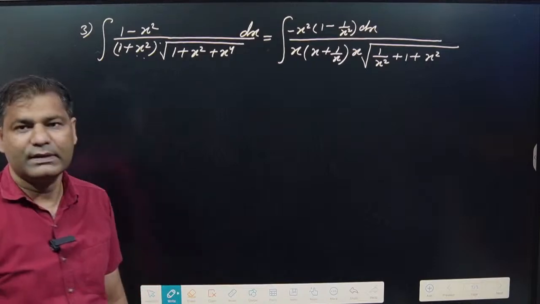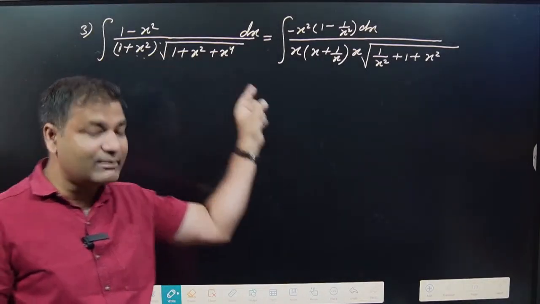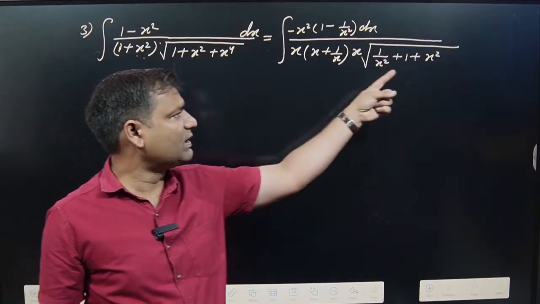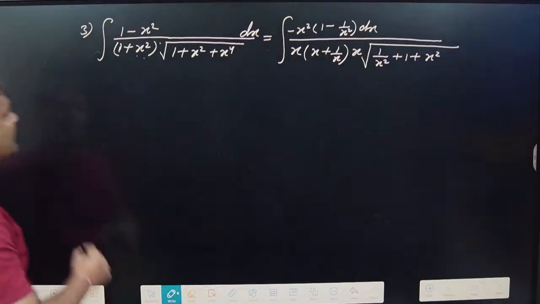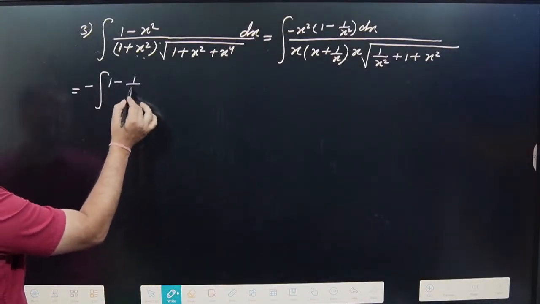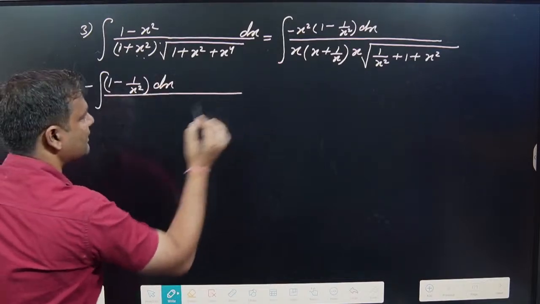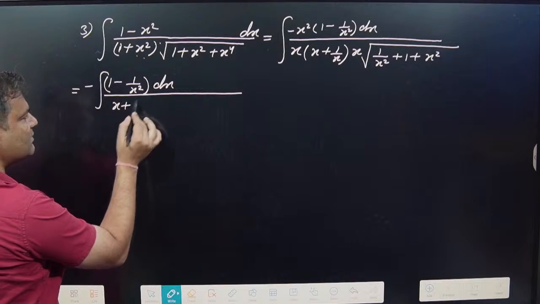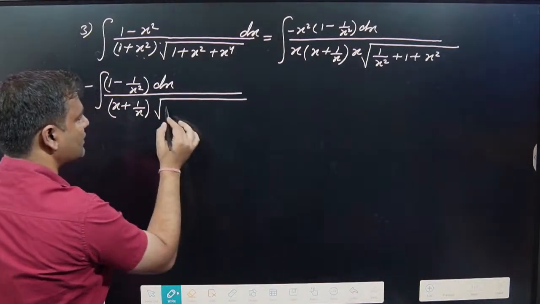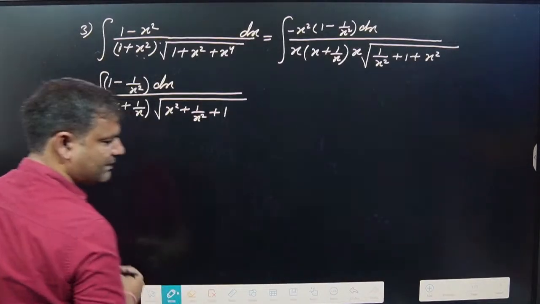Clear? Simply, if x is common under the root, then we divide by x square. Okay, then if we divide by x square, we get it like that. So after that, (1 minus 1 upon x square) dx divided by (x plus 1 upon x) into the square root of (x square plus 1 upon x square plus 1). Okay,